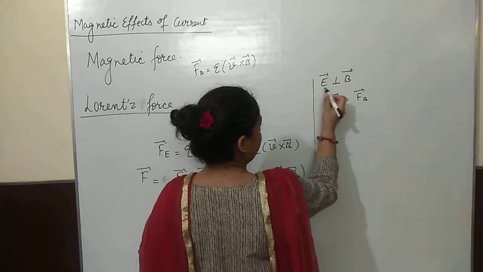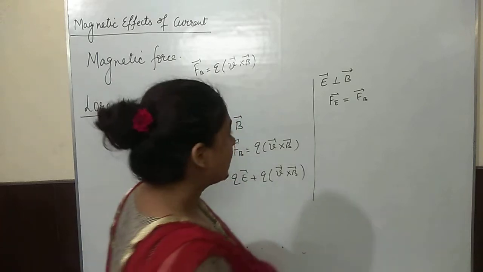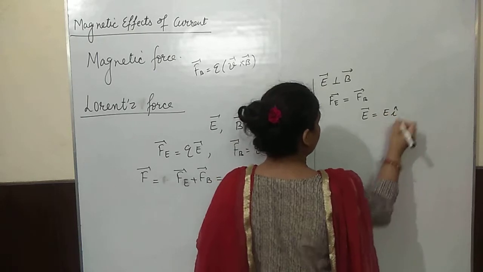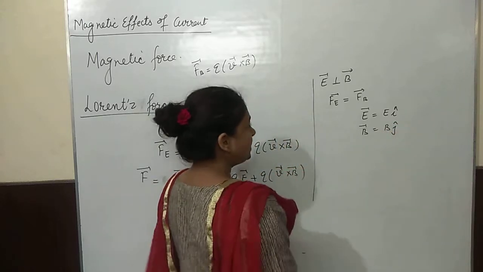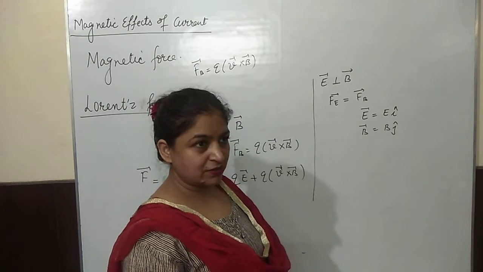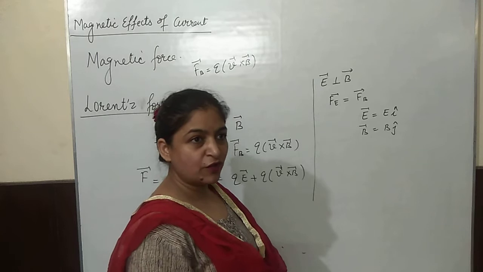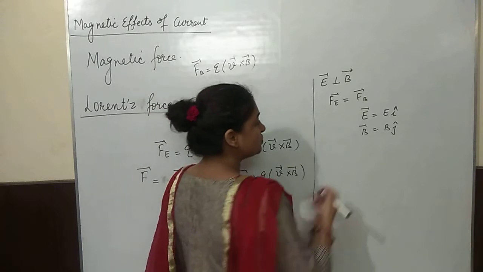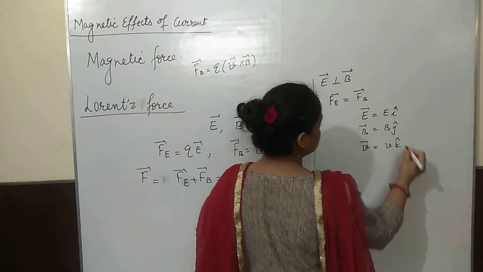Under this condition, let us find out some parameters and how they are dependent upon each other. Here you see the electric field and magnetic field are perpendicular to each other. Let us consider the electric field is along the x-axis and the magnetic field is along the y-axis, and the charged particle enters these crossed fields in a direction which is perpendicular to both. The third direction I am going to consider is the k vector. Let us consider the velocity of the charged particle is along the z-axis.